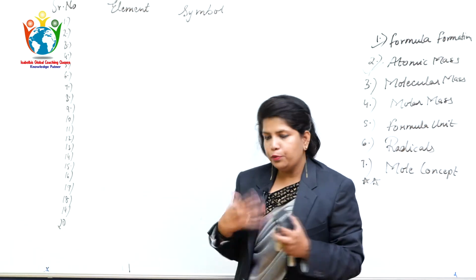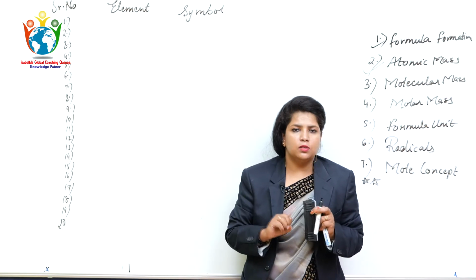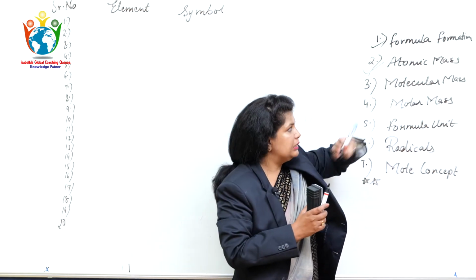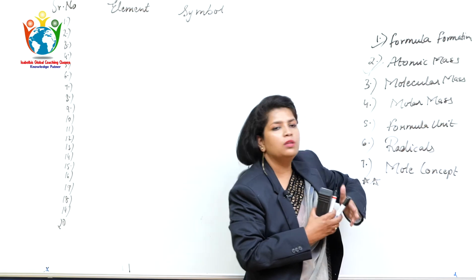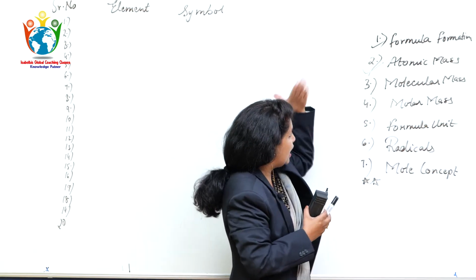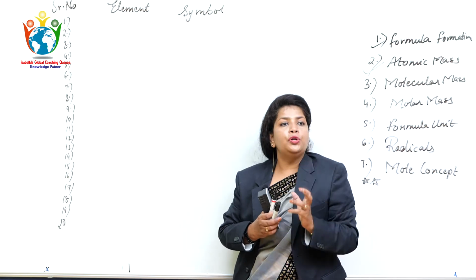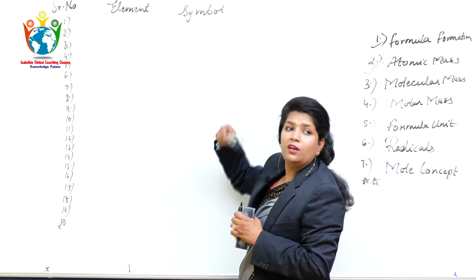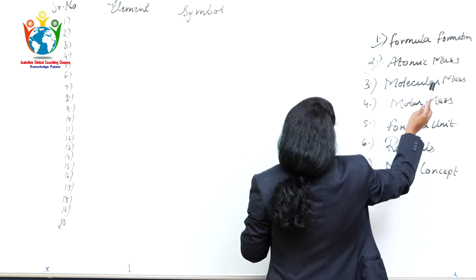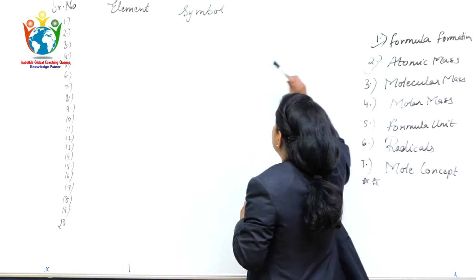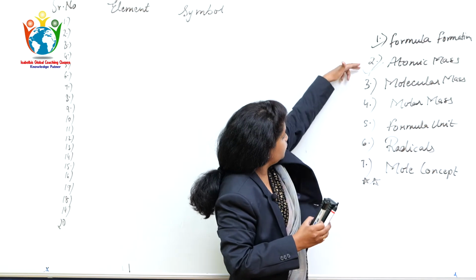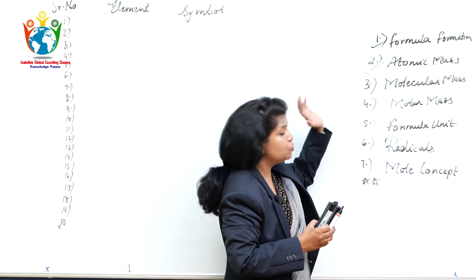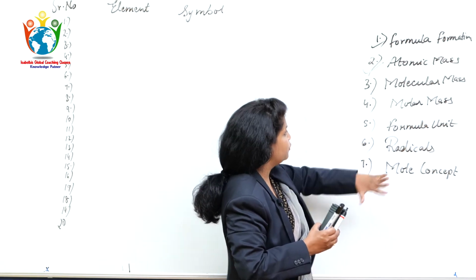Now what I want to tell you is, you have to learn the 1 to 20 elements sequentially for finding the atomic mass. Every teacher has their own skill of teaching, but I want to teach you with this trick. I don't want you to just memorize things. I will write down the elements, and after that I will tell you what tricks I am going to follow to find the atomic mass, molecular mass, molar mass and formula. If you learn this, you will be able to cover these topics, and the radicals also will somewhat be completed. You will understand once we get over with the class.